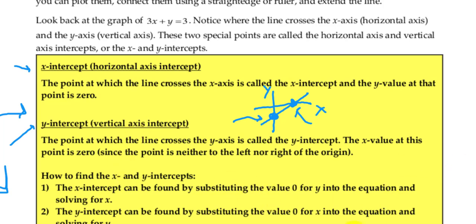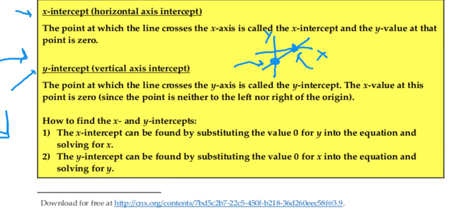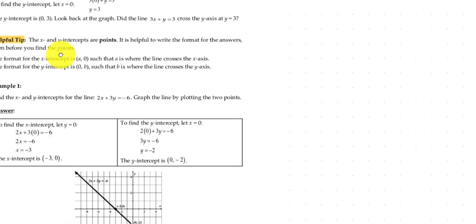And again, they give us some good information on how to find these intercepts, right? To find the x-intercept, you can sub in 0 for y. To find the y-intercept, you can sub in 0 for x. We'll cover this in a little bit, okay? If we go to the next page,